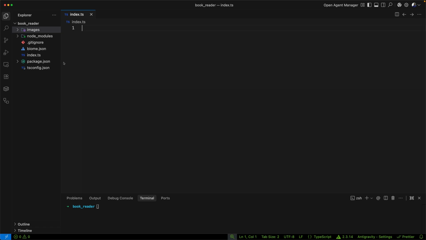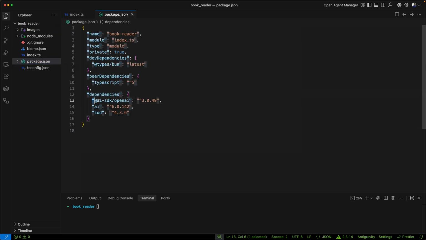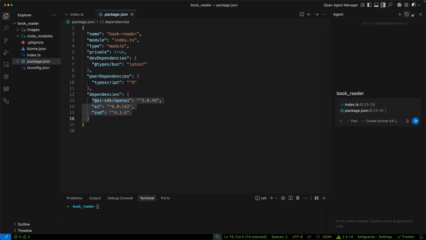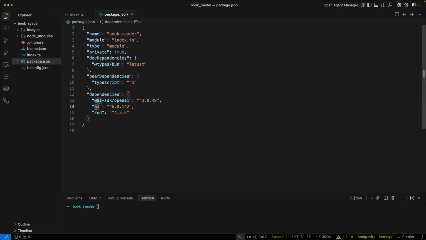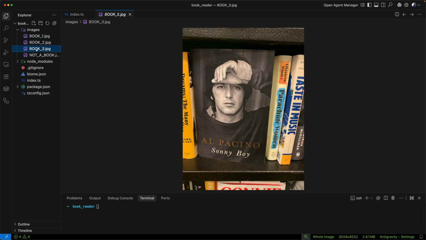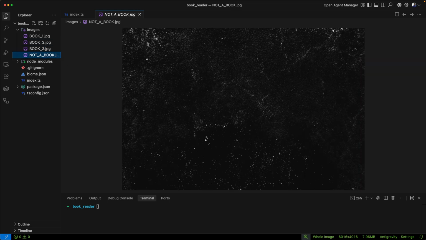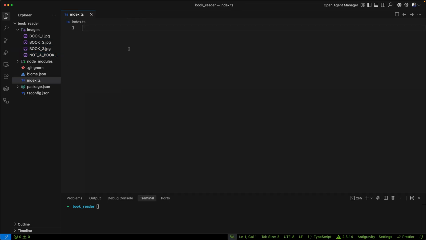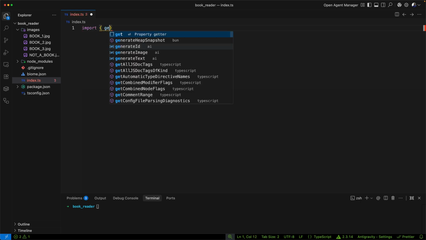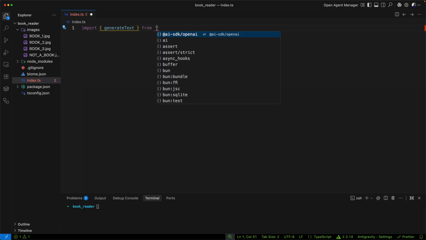Okay, I've got a little bun project initialized here. I've installed AI SDK OpenAI, and I've also installed AI and Zod. In this images folder, I've got some images that are pictures of books, and I've got one that is definitely not a book. I'm going to import generateText from AI,